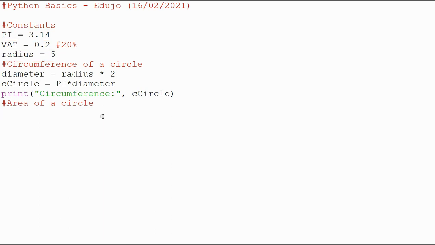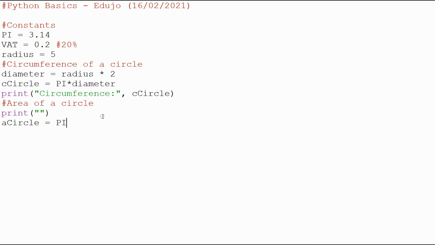And so let's continue. I just want to put in a new line like that, and then I'm going to start, and we're going to say the area of a circle. I'll just use the same format I used before. The area of a circle, and that is equal to pi times,